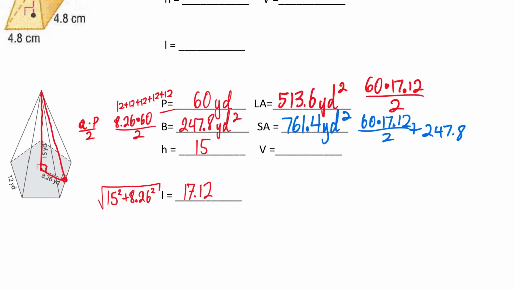All right, and then for volume, it is B times H divided by 3, and that is